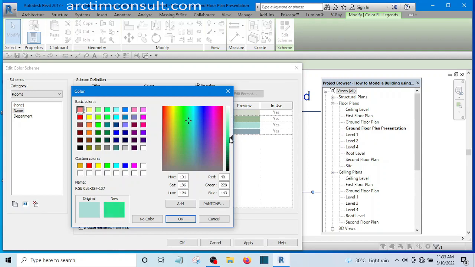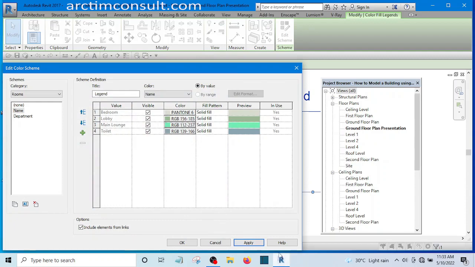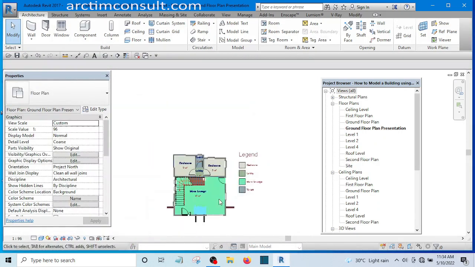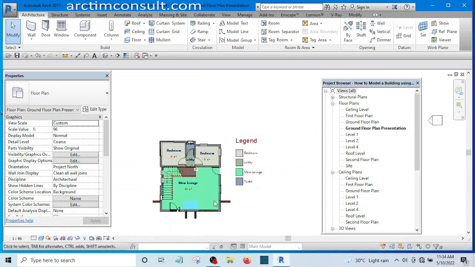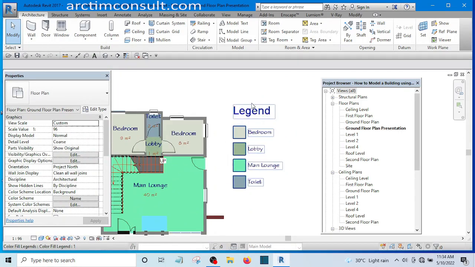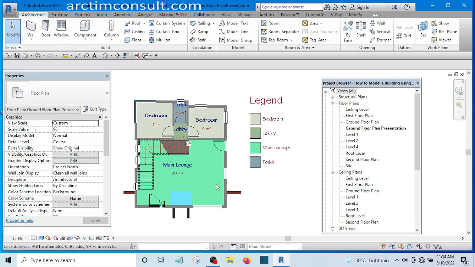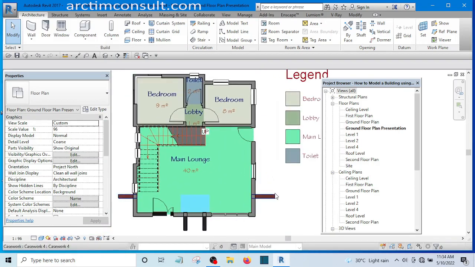Then you can do something like this and click apply. Click OK. Click OK again. You can see the color has changed. All right, and the legend has also changed. Okay, so that is how you can use room in Revit,